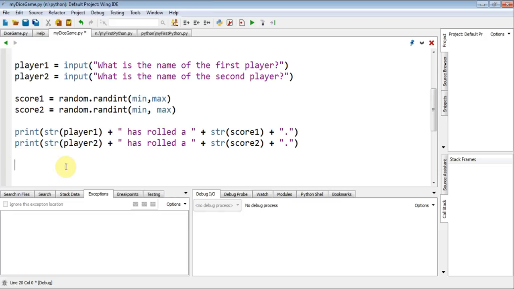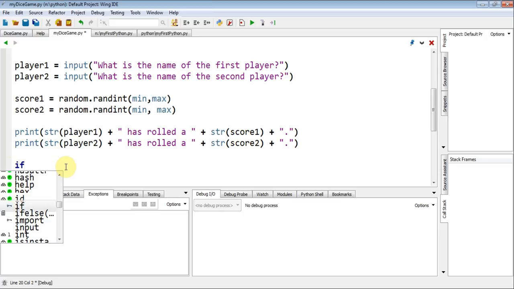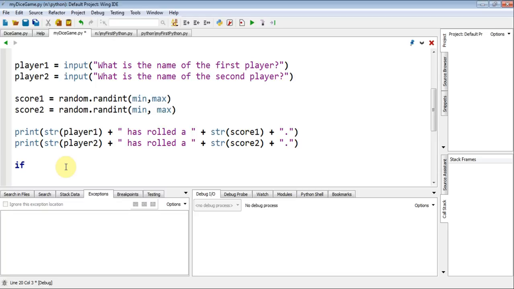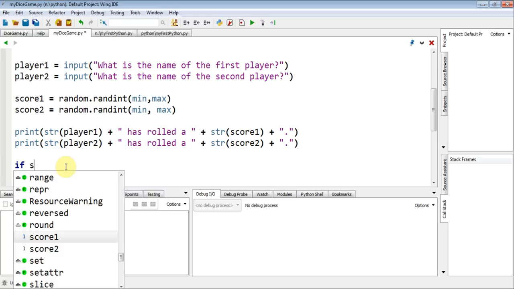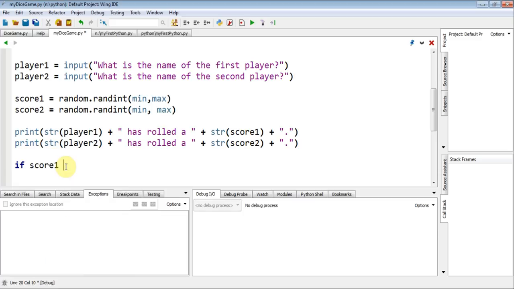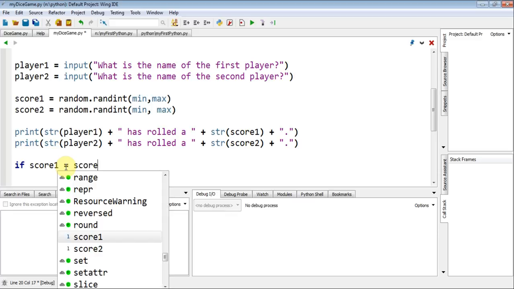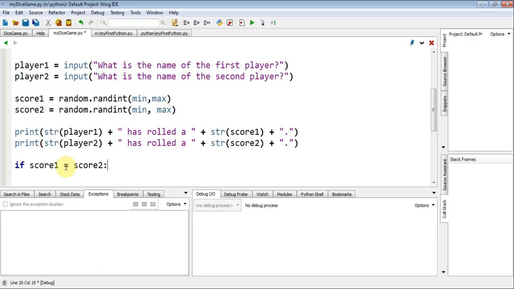So for this, we're going to do an if. So we go if score 1. I'm going to make a mistake, see if you know what it is in a moment or two, is equal to score 2, then colon, and in a new line,